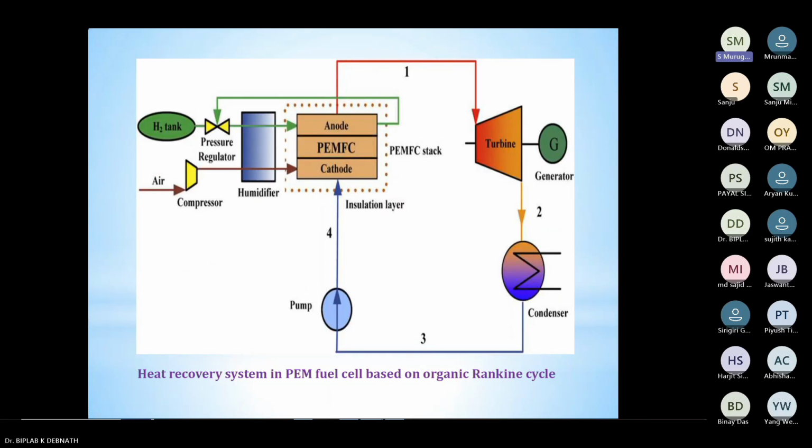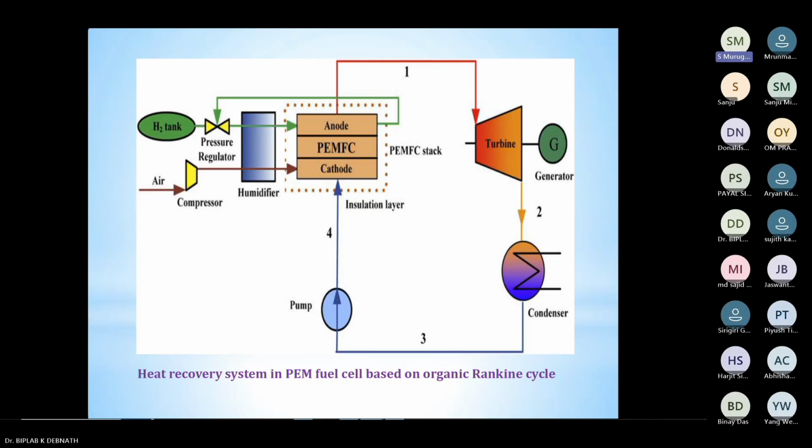So here you can see how we can combine PMFC with organic Rankine cycle. At the center you can see a PMFC cell. Hydrogen is supplied through a humidifier. Air is supplied to a compressor. Then compressed air is supplied to the cathode. Then you will get the power in the fuel cell stack. Then what happens? The heat from the fuel cell is taken and given to a low temperature refrigerant. That is not shown here in the circuit, but of course the low temperature refrigerant will get heat from the fuel cell exit,